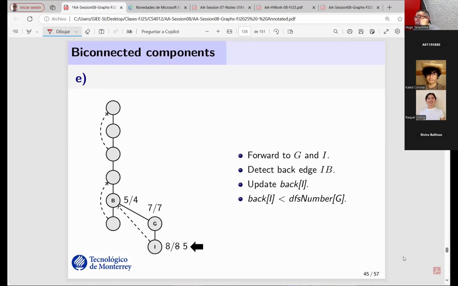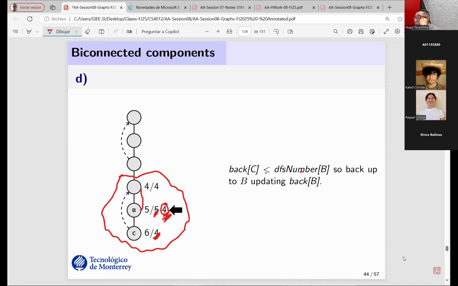Let me just check now. Okay, I update here. No, we are okay now, right? And I'm returning. Yeah, I was returning and I updated, right? And I also checked the condition back of C, which is this, is less than DFS number of B, which is 5, which is less than the